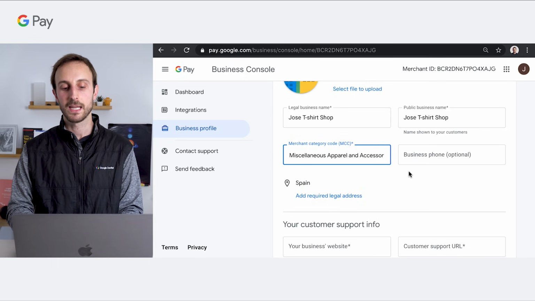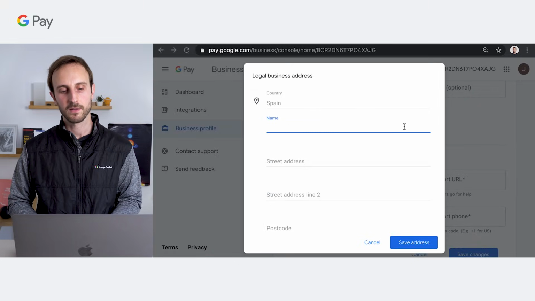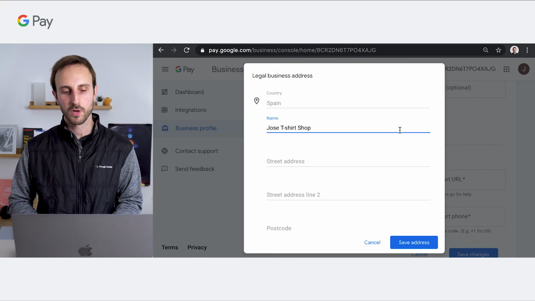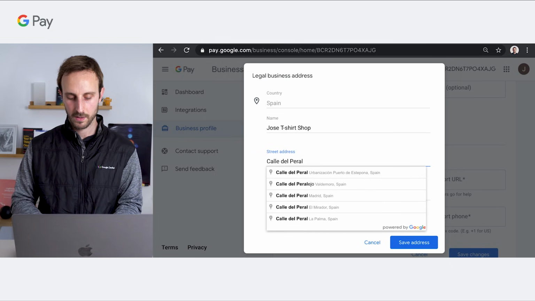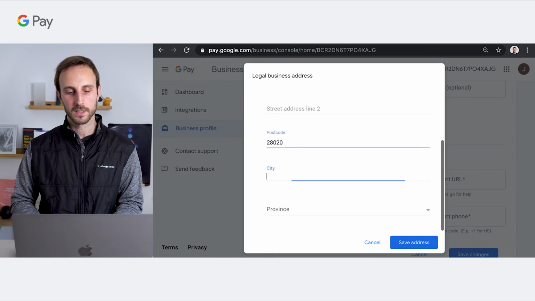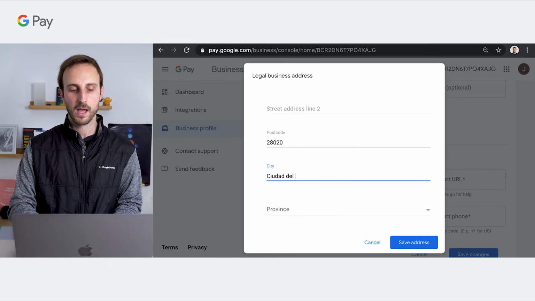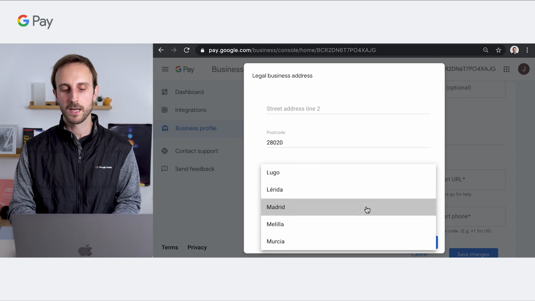Next up is the legal address. So I'll fill that in, the name that is Jose. The street of my business is Calle del Peral, number 8, postcode, and finally the city, which is Ciudad del Peral, and the province. That's going to be Madrid for me. I'll hit save,